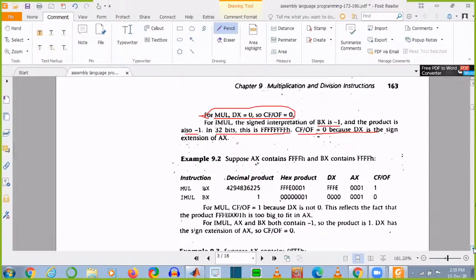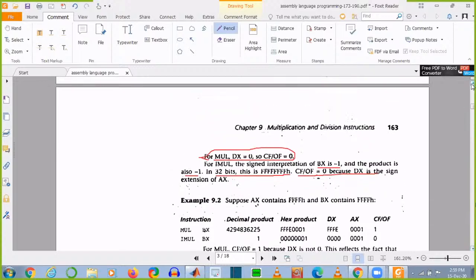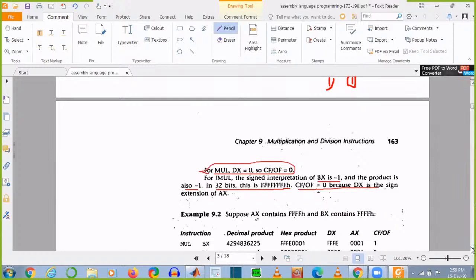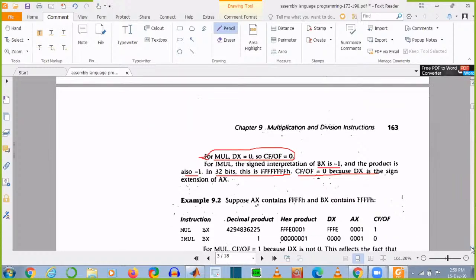Okay, now problem number 2. Let us discuss this second problem here. Problem 2. Okay, so in problem